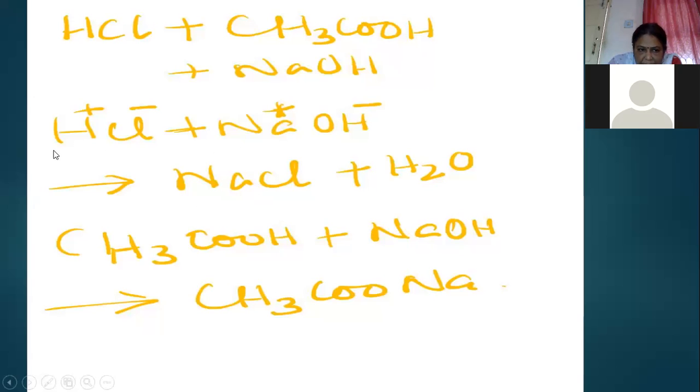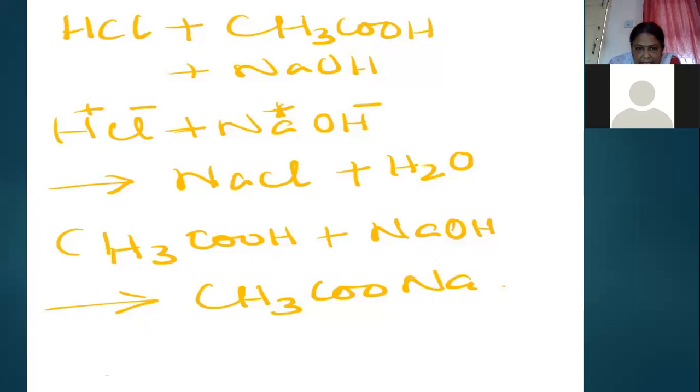So in the solution, the hydrogen ion is getting replaced by the sodium ions, and the other product is water. As you are adding sodium hydroxide to HCl, the concentration of the hydrogen ion is decreasing and the concentration of the sodium ion is increasing. Everything depends on that: the conductance of a solution depends on the mobility of the ions. Okay.